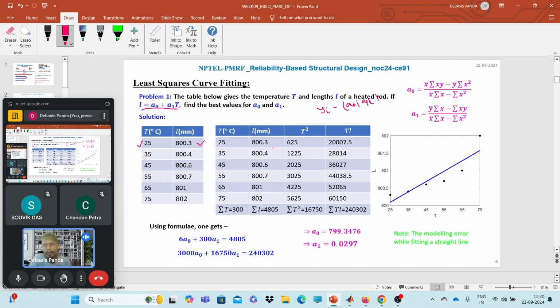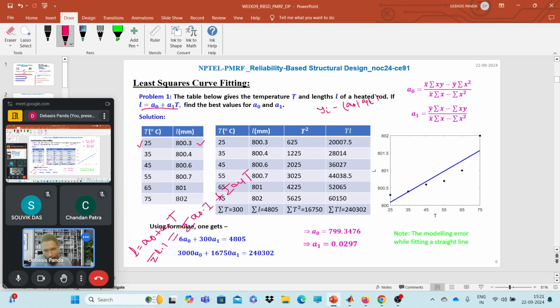Now here I will tell you some tricks, like you can easily generate these normal equations. Here you have only the linear fit, that means L equals a naught plus a1 t. So here you have two unknowns, so you will have two normal equations. The first equation will be the coefficient of a naught, look for the coefficient of a naught, 1. So just multiply all the sides with 1 and sum them up, equals summation of a naught into 1 plus summation of